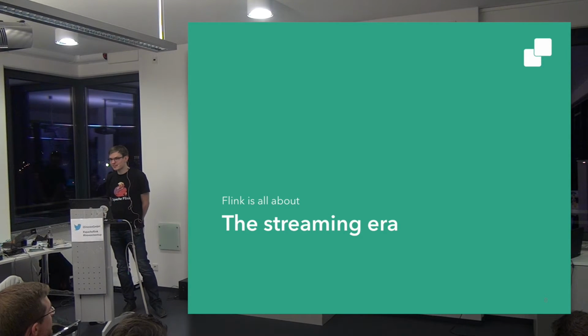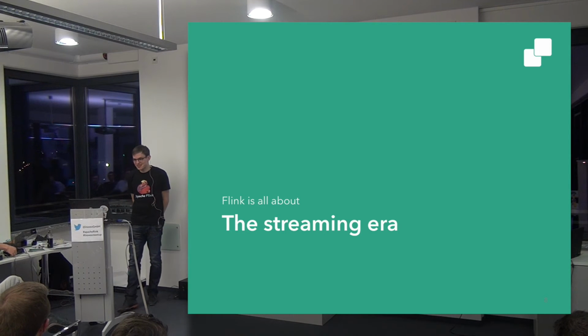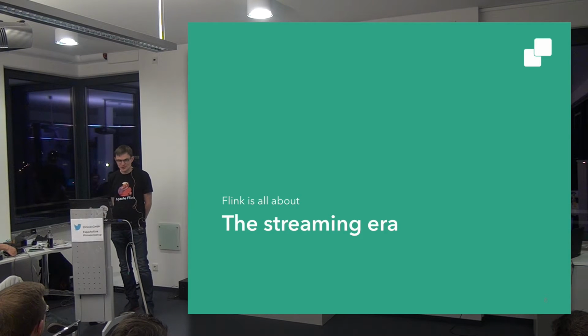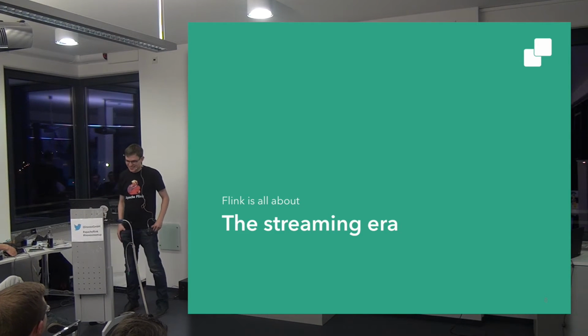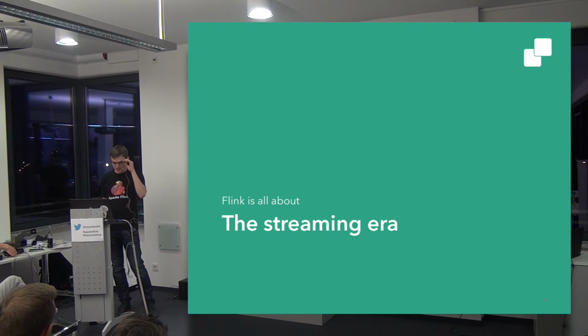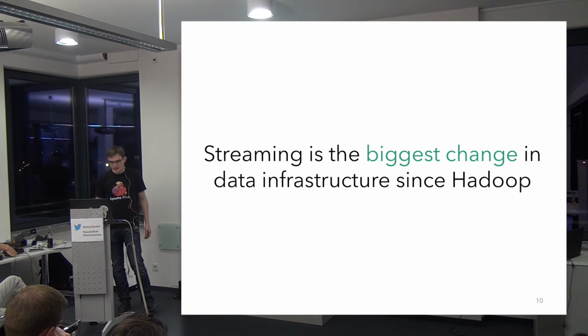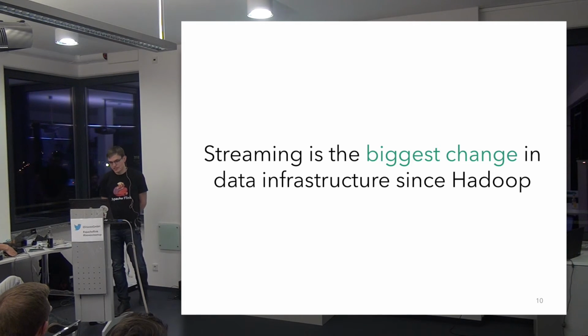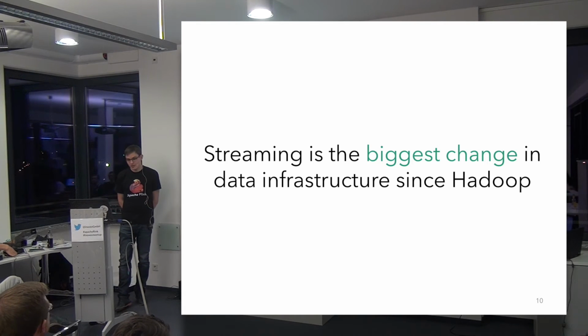And all this excitement is about this new hot stuff in the big data space, which is stream data processing. Maybe fast data is becoming the next big data. Let's see, I think right now there's no new fancy word for this. But the question is, why are so many people talking about stream processing right now? And in our opinion, streaming is the biggest change in the data infrastructure that we had since Hadoop, because we changed the way how we think about data.